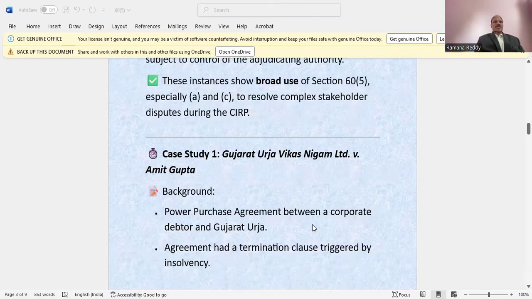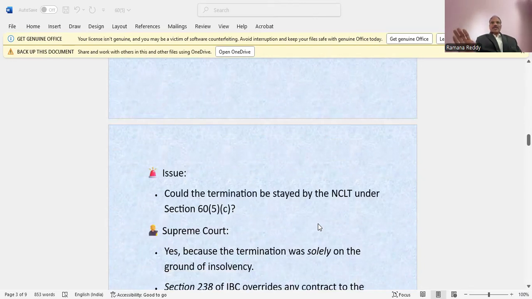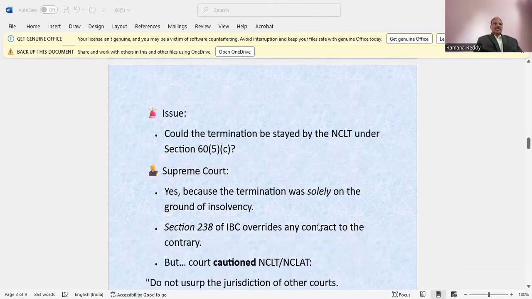One, Gujarat Urja Vikas Nigam Limited versus Amit Gupta. The background of the case: the power purchase agreement between a corporate debtor and Gujarat Urja. The agreement had a termination clause triggered by insolvency. Now the issue: could the termination be stayed by NCLT under Section 60, subsection 5C? Supreme Court held, yes,